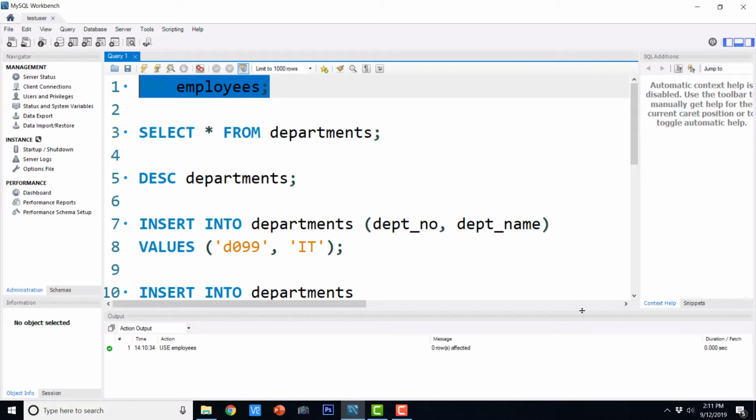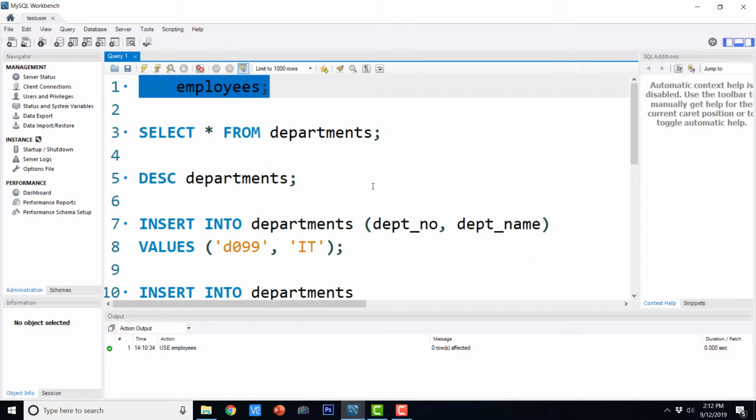Now, whenever you make any changes to a database, it is not directly made permanent on the disk. First the changes are done to the data in the temporary memory, and whenever you execute the commit statement, those changes are made permanent to the database. Otherwise, if you run any DML commands like insert, update or delete and you forget to commit, then those changes will not be made permanent to the database. They will persist only for that particular transaction or session.